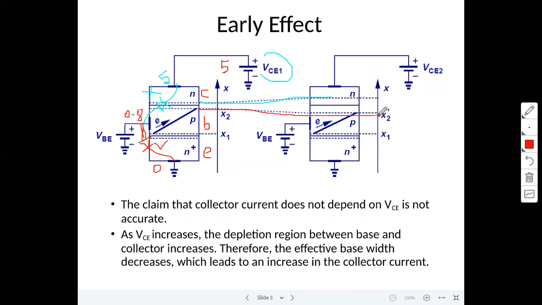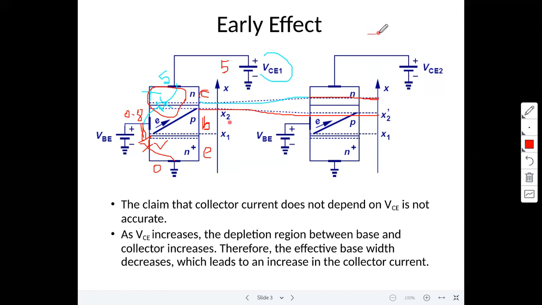Observe here. Already we know that in reverse bias, the width of the depletion region increases. That is happening here. This is the reverse bias diode. As the reverse voltage across the diode increases, this is the base voltage, this is the collector voltage. The collector to base voltage increases, not just VC. Of course VC increases, and this one also increases, right? The collector to base voltage increases, as we already discussed in the diode concept.